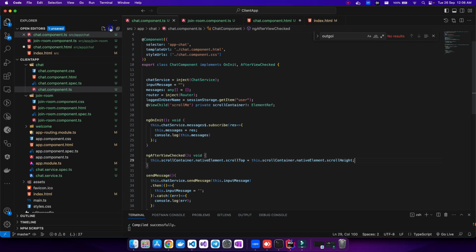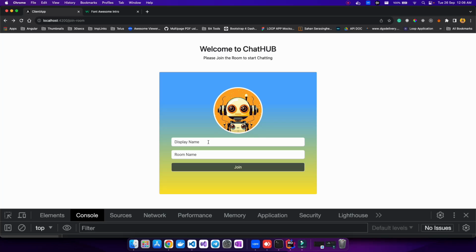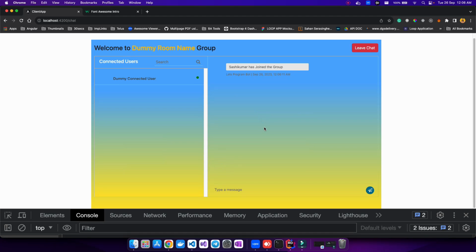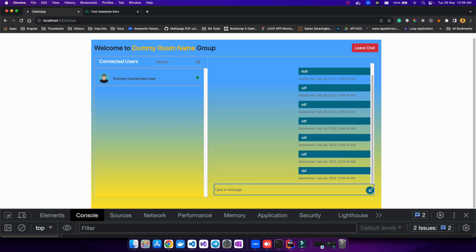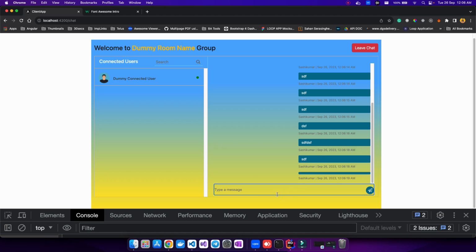Okay, so once I save the changes, let me show you if it is working or not. Again, let me add this, join here, and let me add a bunch of messages. So now if you see, whenever I type any new message, just look at the scroll bar here. So now it is always in the bottom. So this is my new message, so let me add it, and if I hit enter, I'm always in the bottom. Okay, so in this way we will be able to fix this issue where we have to always scroll